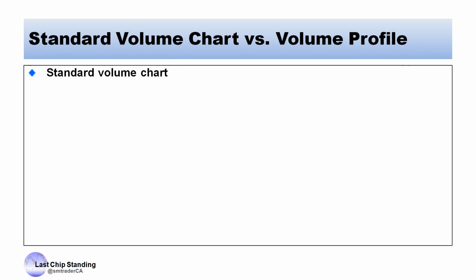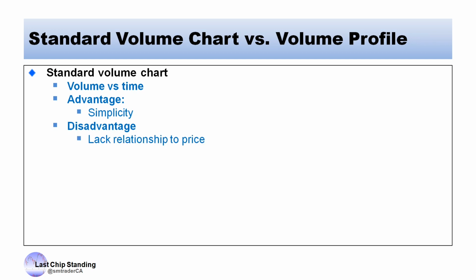Now let's take a look at some of the differences between the standard volume chart and the volume profile chart. On a standard volume chart, it is plotting the volume versus time. And the advantage of that is the simplicity of the chart. But there is a major disadvantage of the standard volume chart, and it is that it lacks the relationship between